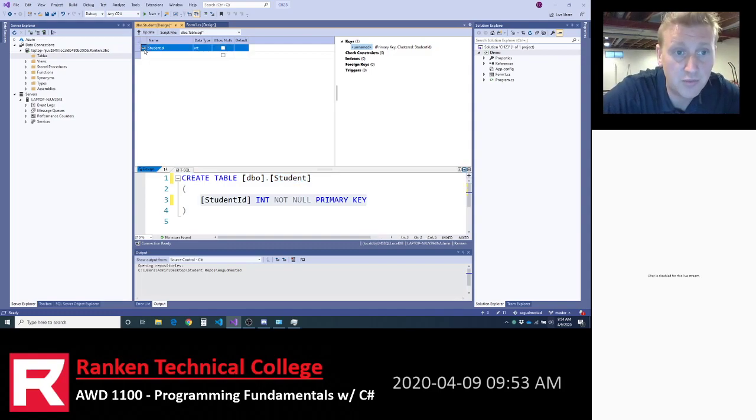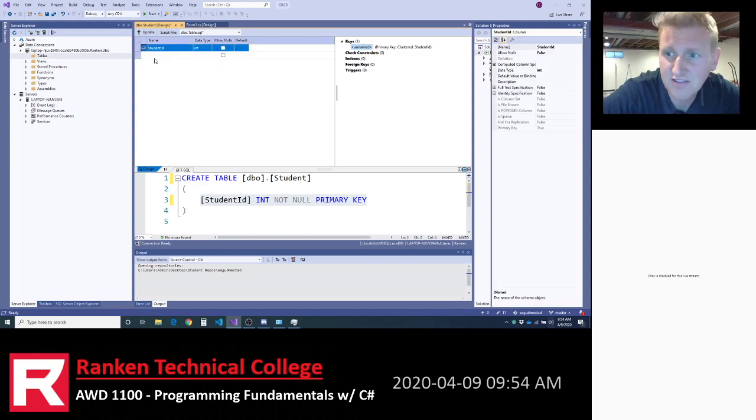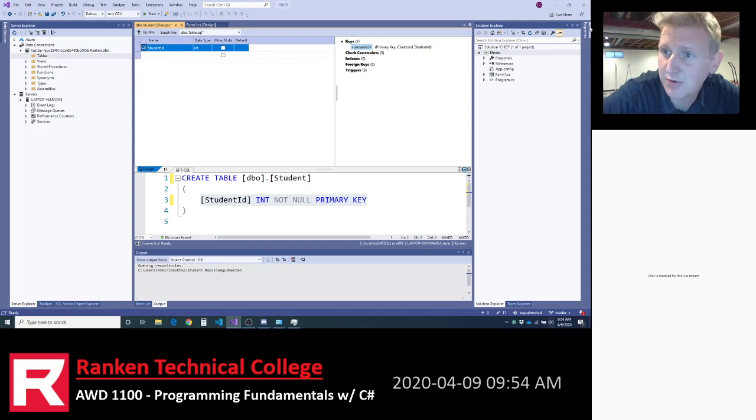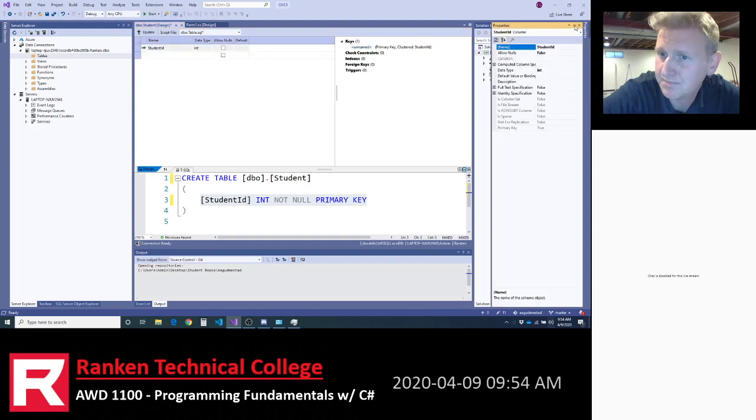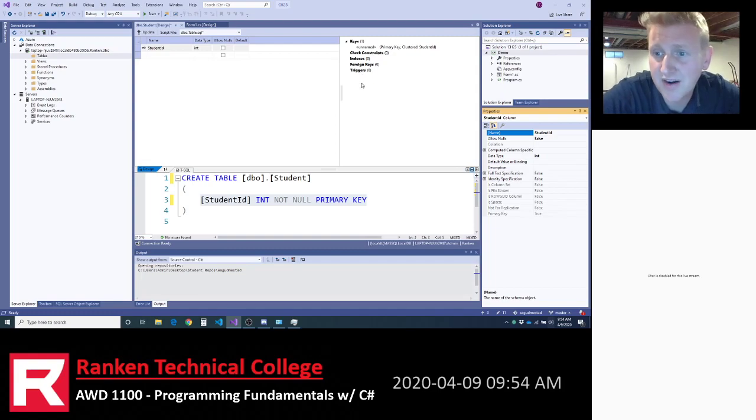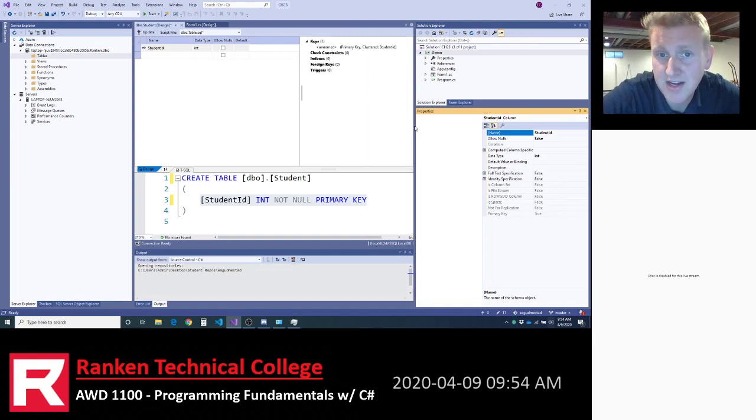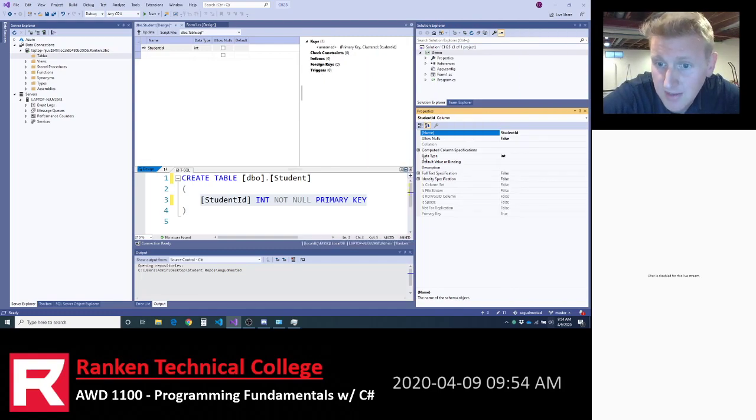You can see by default, it wants you to have a primary key. And so student ID is by default a primary key. And if I go to properties of my student ID, there's a properties window over here. It's very common for your primary key to be an auto-incrementing counter.